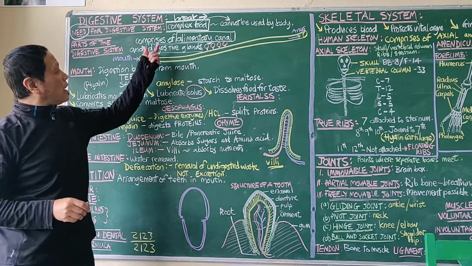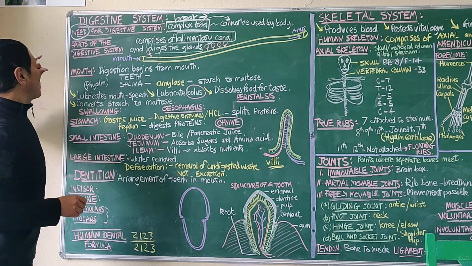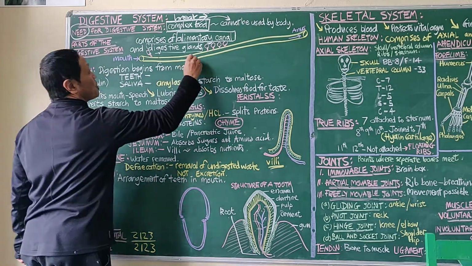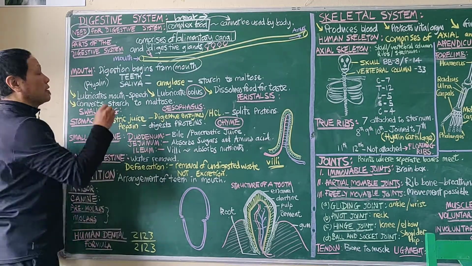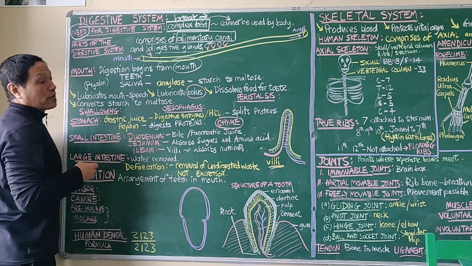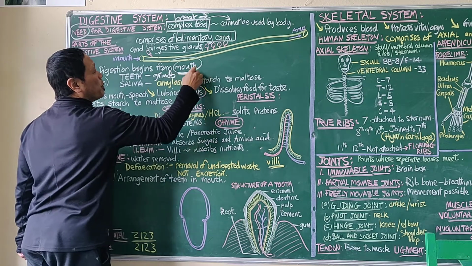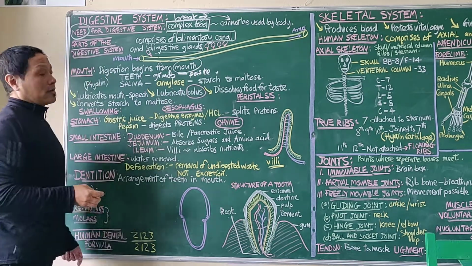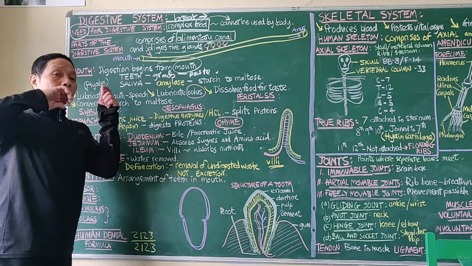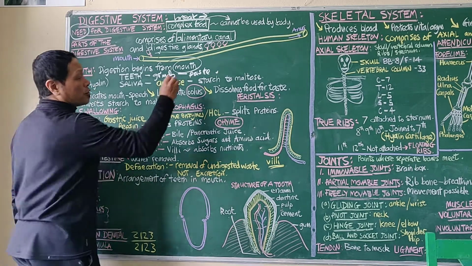Okay, so I said that we'll move on to the different parts of the digestive system. First of all, we start with the mouth. The process of digestion begins from the mouth itself, where it has two structures which help in this breakdown. First of all, it's the teeth. Teeth grind the food into a paste. Okay? Then you have the tongue. The tongue also has a role to play. It places the food just between the teeth so that it can grind it into a paste.